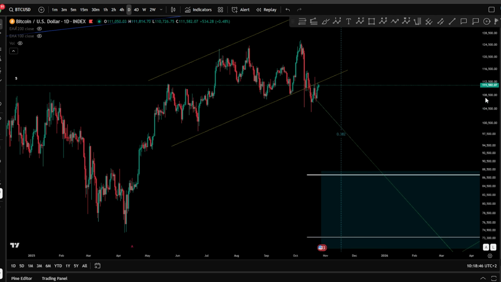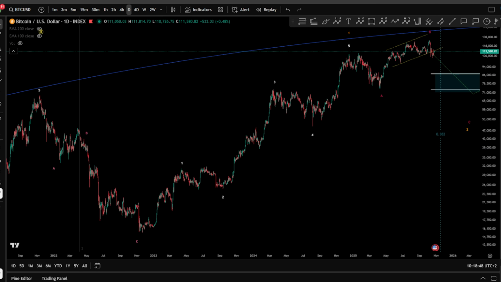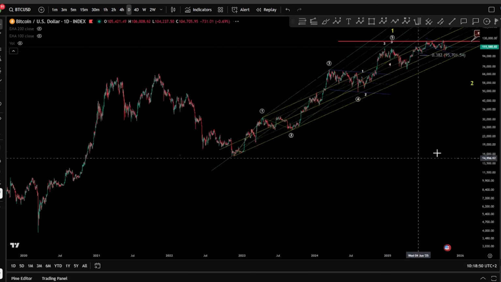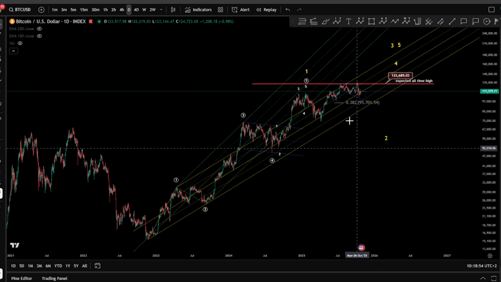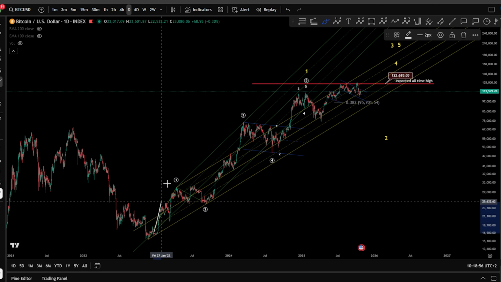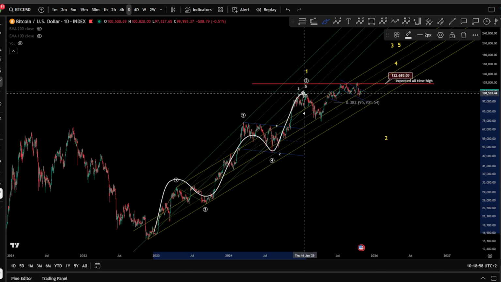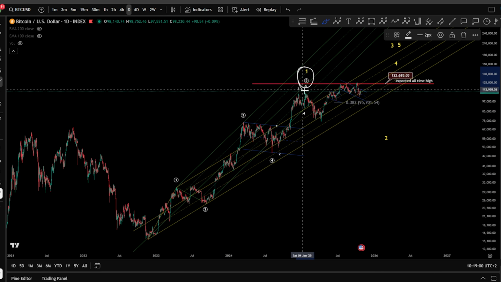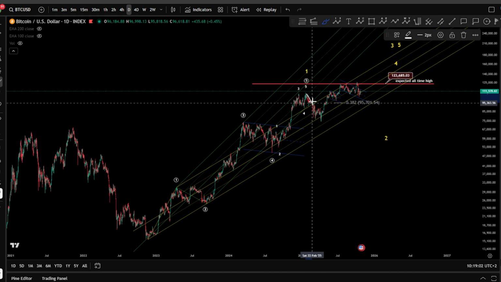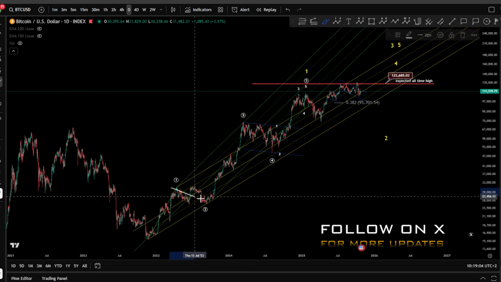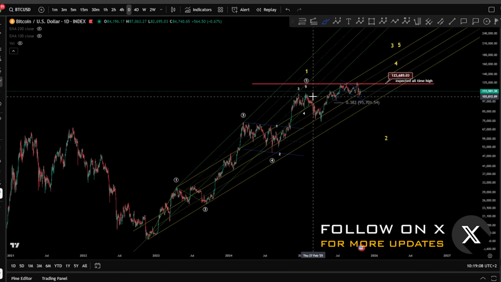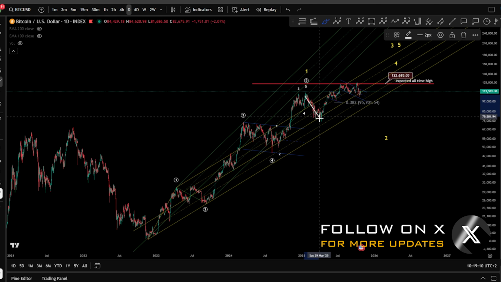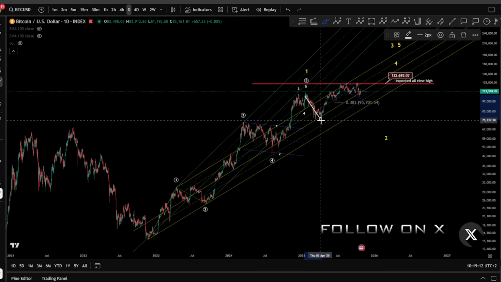Let's move to the daily here. And for the daily, of course, as you know, this is our impulse that we were looking at in the latest bull run, where we have a potential 1, 2, 3, 4, and a 5 finished over there. We have a wave 1, right, finished. And we see the price exiting the acceleration channel taken from the wave 2 here, and of course, based on the wave 3. And we see the price exiting the channel and entering the base channel.